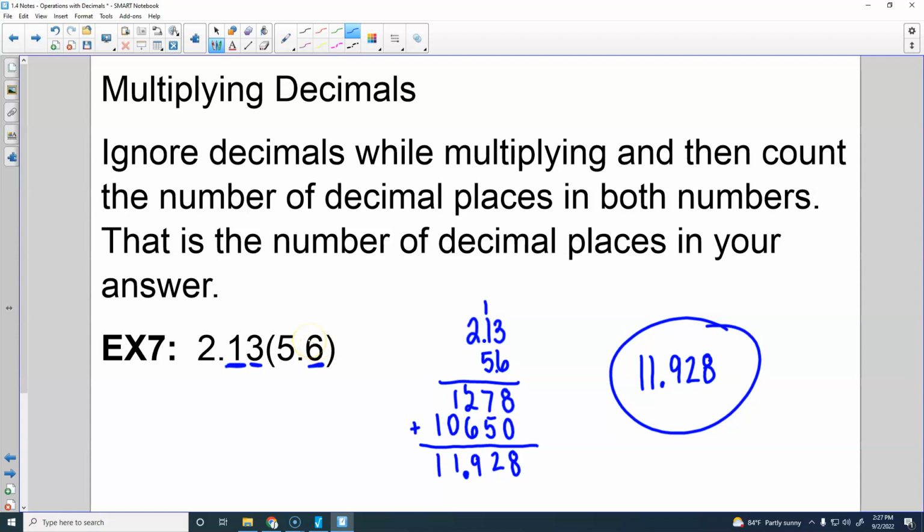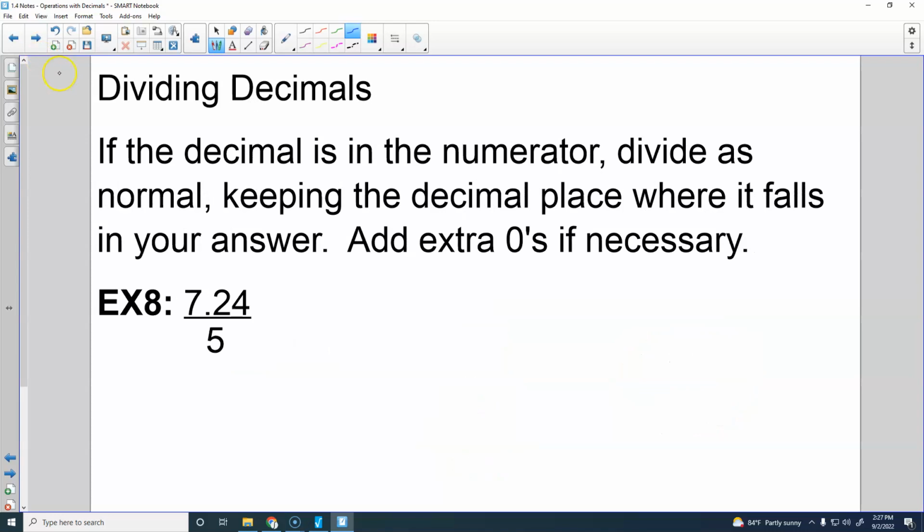Okay, questions? All right. Last one is dividing, but there's 2 cases we're going to look at here. So let's look at the first case where the decimal is in the numerator. So if the decimal is in the numerator, we'll divide like normal, keep the decimal place where it is. Add extra zeros if necessary. So we do